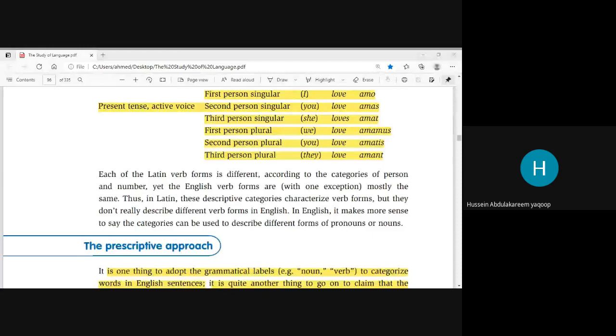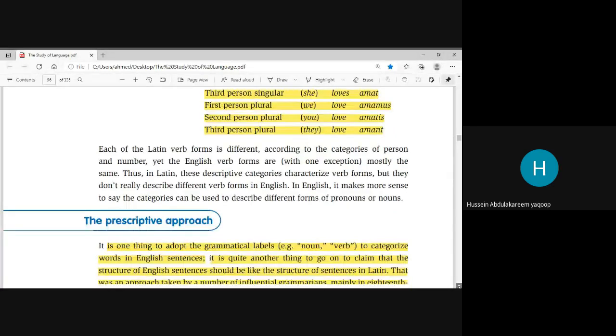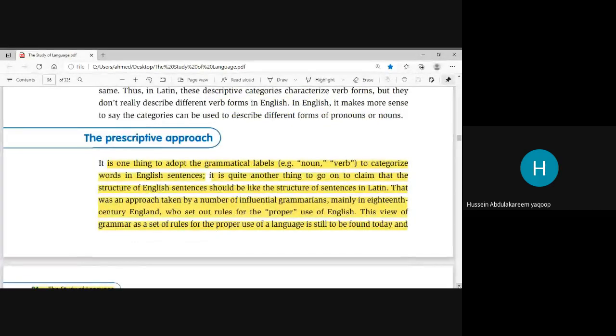Thanks for this participation. Okay, now let's move to talk about the prescriptive grammar, or prescriptive approach of analyzing grammar. What we have here, prescriptive, remember, prescriptive means the old one. Okay, so now